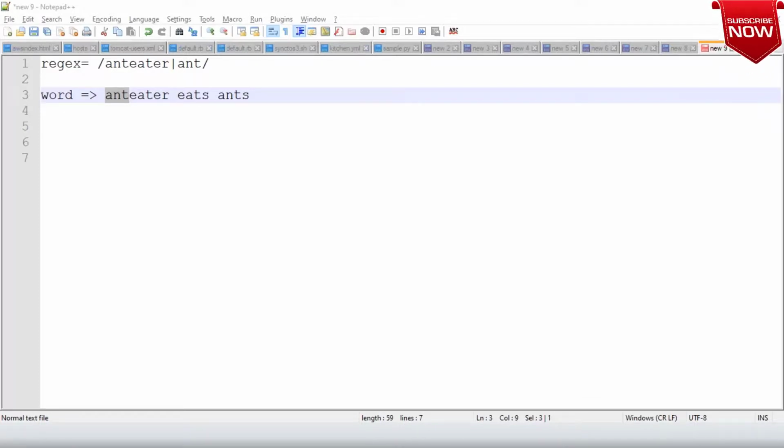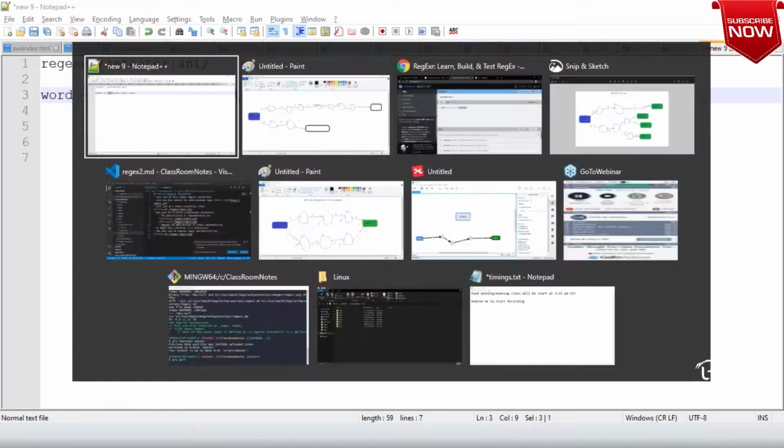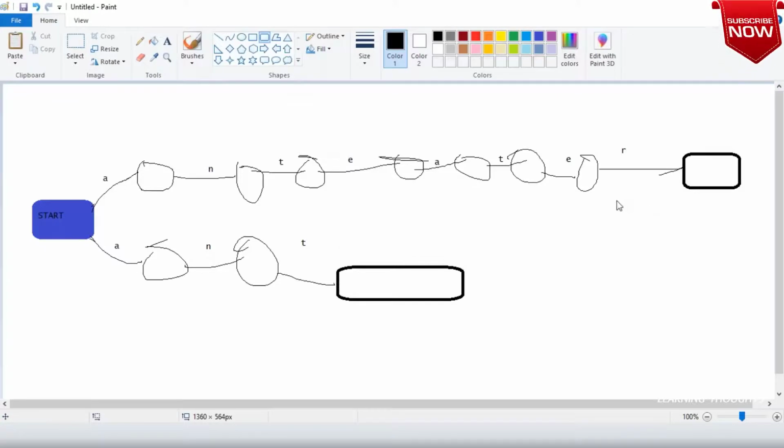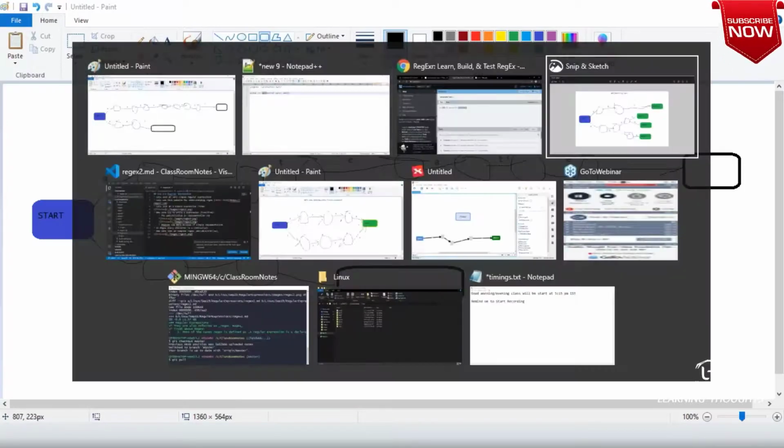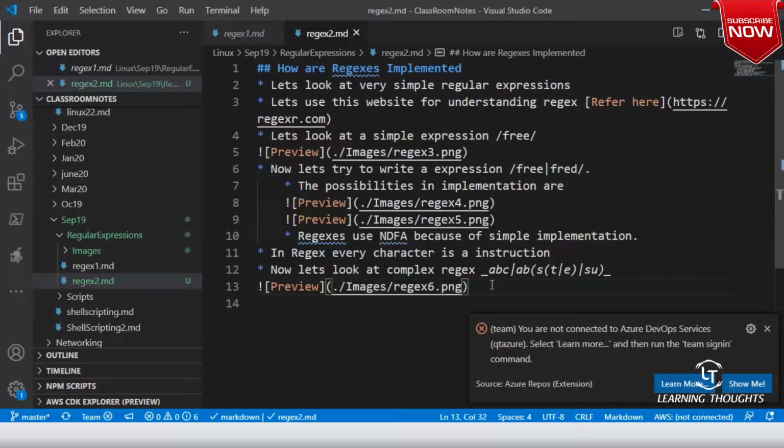Is there any problem in understanding regular expressions with these kinds of graphs and understanding backtracking? I think we are running out of time, but still I'll tell you what our next steps are.